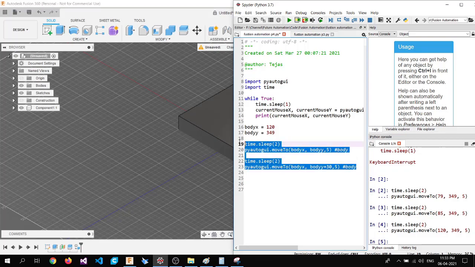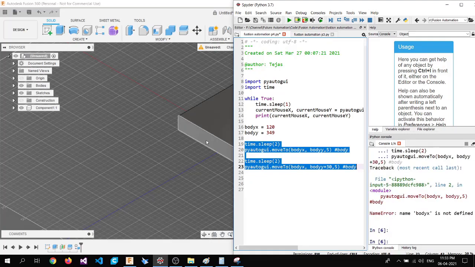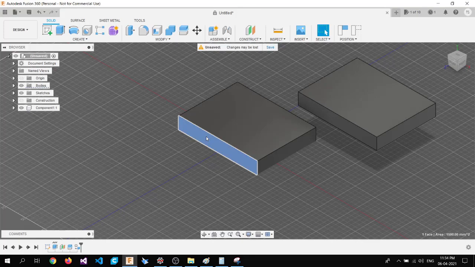Okay, so let's run it and see if what we thought is working, hopefully. Okay, there is an error. Oh, sorry, we need to select this too. Okay, so first it will go to bodies, and then it will go to the sketches, and hopefully it should work. Good. Yes, it is working. So what we thought about the relation between the menus is working well.